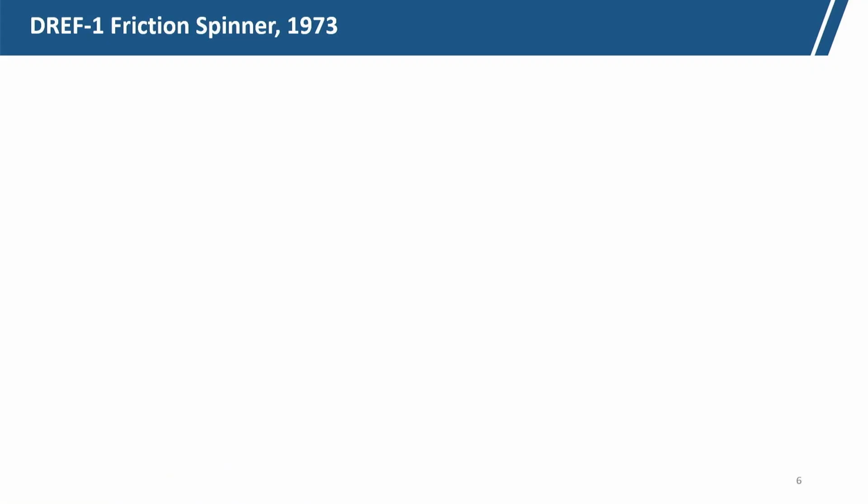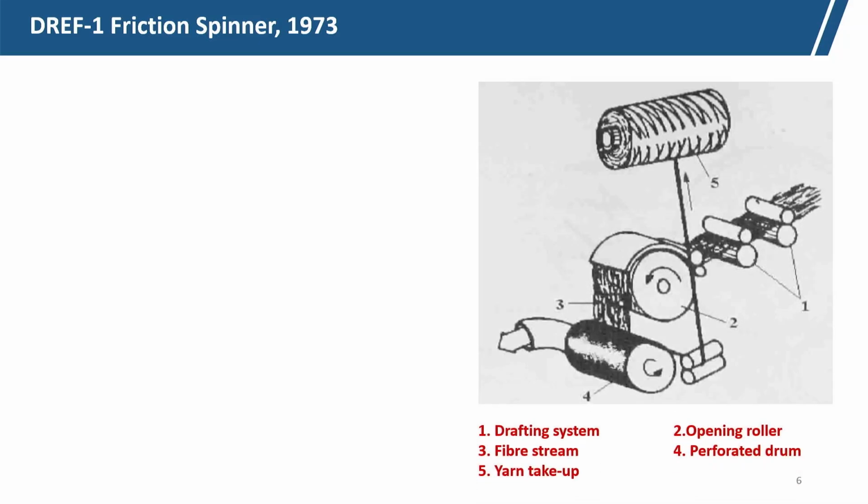So, after that the Dref friction spinner, which was developed in 1973, came. This is the Dref 1 friction spinner. In this system the components are: this is the drafting unit, a single drafting unit where a number of slivers are drafted, and then the opening roller individualizes the fibers,